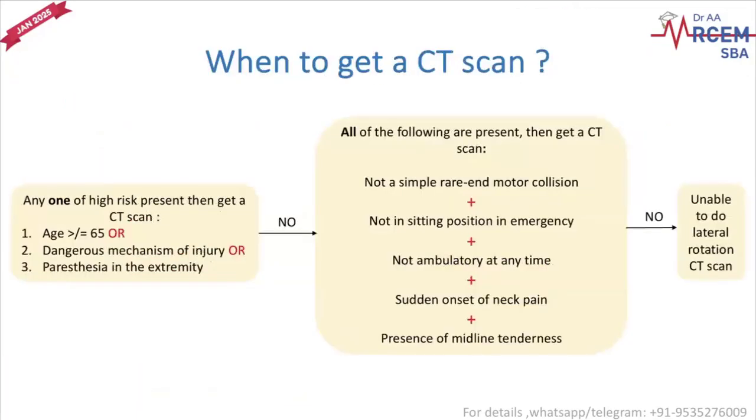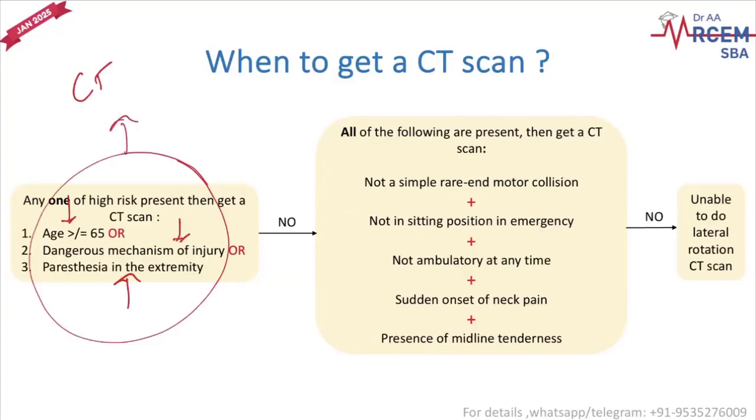People get confused about when to get a CT scan done. That's why these additional slides have come up. The first indication we will be seeing: if the patient age is more than 65, or there is a dangerous mechanism of injury, or the patient is complaining of any paresthesia in the extremities, you directly go ahead and get a CT C-spine done. Confusion is in this column. That means it shouldn't be a simple rear motor vehicle collision, and plus it is